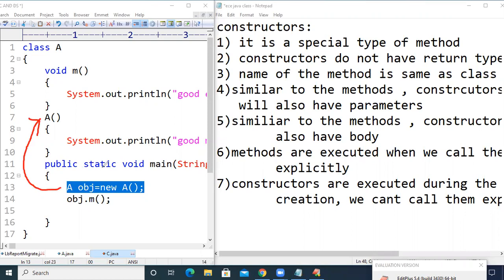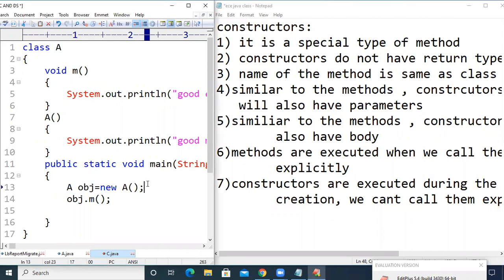So we cannot execute this constructor explicitly. Constructors will get executed automatically whenever we create an object for that class, right?